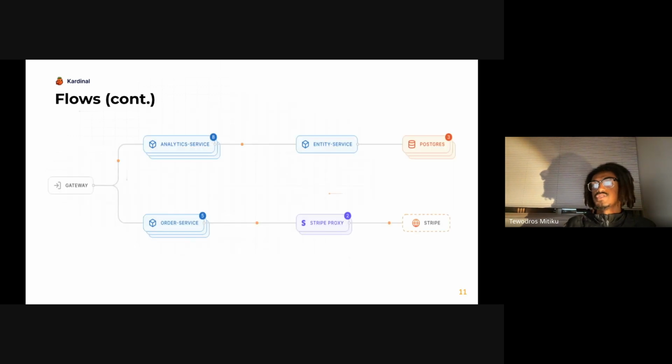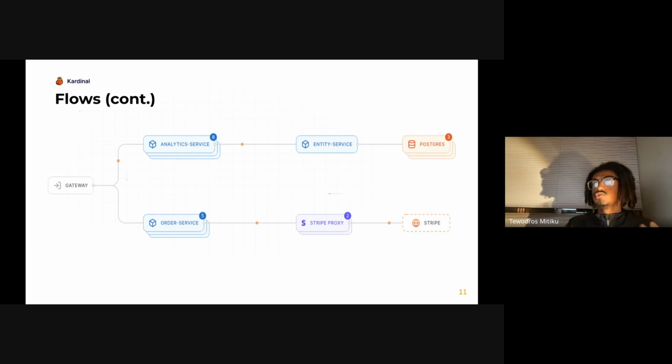And this is kind of a diagram of how this ends up looking like to us, right? So we could potentially be simultaneously at one time testing multiple different versions of an analytics service, multiple different versions of an order service, then based on the different requirements of the workflow, either duplicating the stateful services where they need to be duplicated or not. And the idea is that Kardinal will handle making sure that traffic is being routed to the proper versions of each of the services and end up in the proper version of the stateful services, etc.